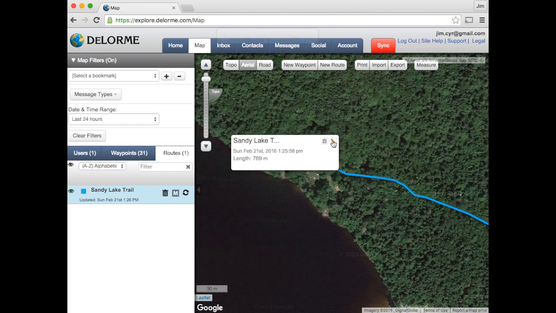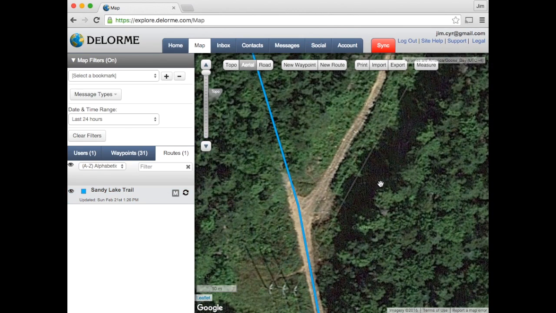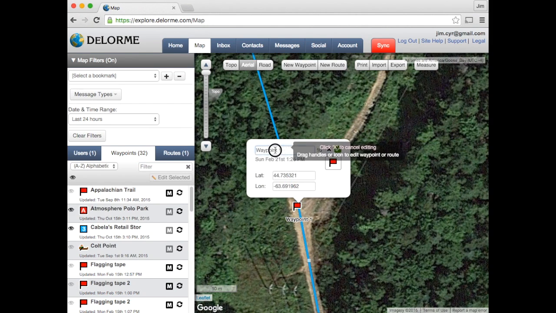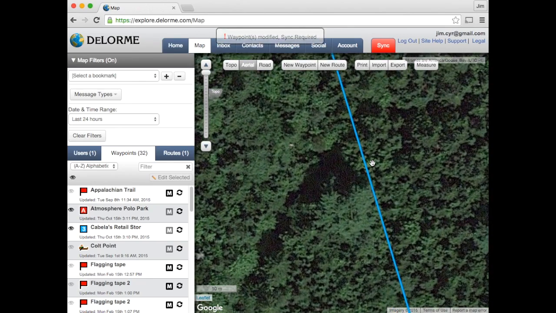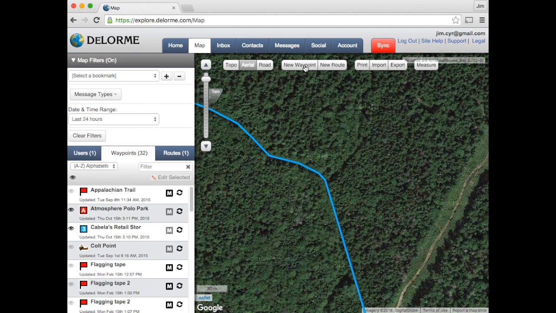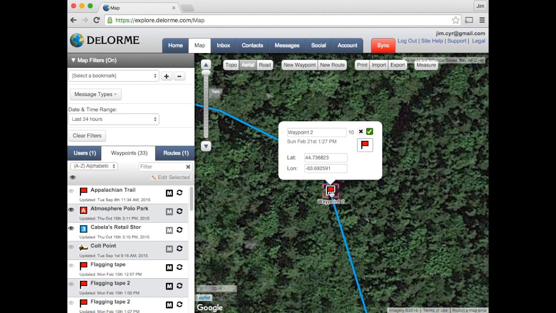So now we have our route planned out. But we want to add a few waypoints. So what we're going to do, this is optional, you can click and place some waypoints on the route. And these are spots that we want to investigate. So we're just going to call these waypoints investigate. And here's one. And there's another one here that caught my eye from the satellite images. And there it is right there. So let's click there. And let's add a new waypoint.